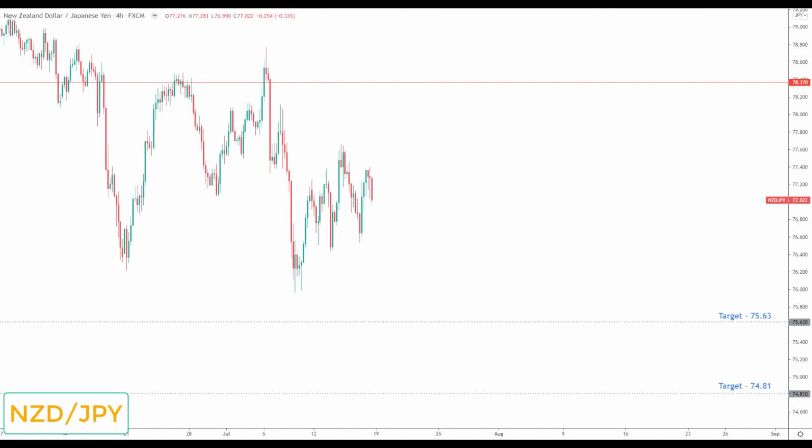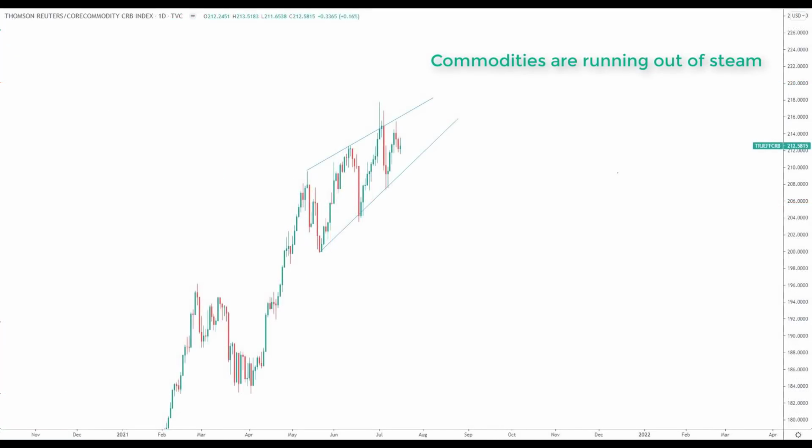And the final Forex market I like before moving on to the stock indices, the metals and Bitcoin is New Zealand Yen. It has this risk-off theme attached to it, where we're seeing commodity currencies selling off as we see the safe haven assets of the dollar, the Swiss franc and the Japanese yen rising somewhat.